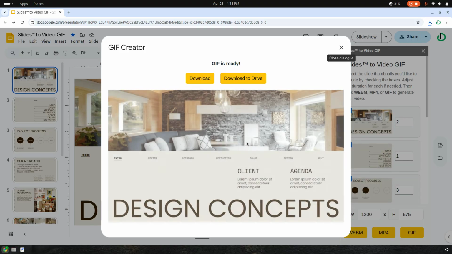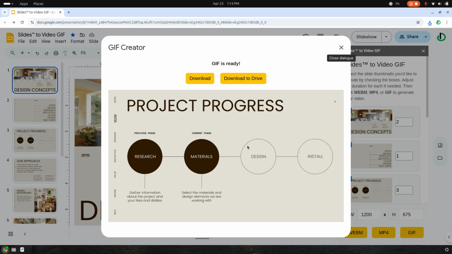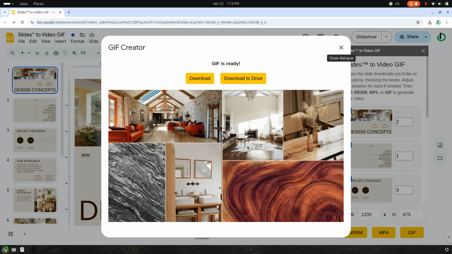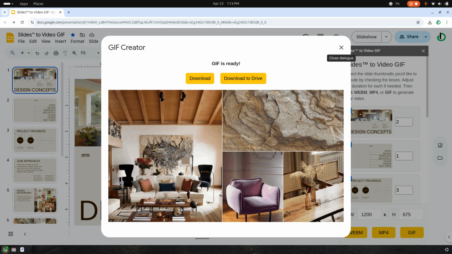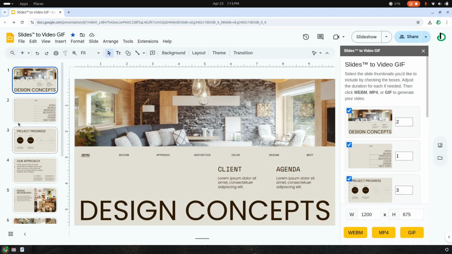finalizing GIF, and this gives you a 2-second interval GIF, which applies uniformly to all the slides. Just in case, for your information, if the slide has any transitions, they are not applied for WebM, MP4, and GIF